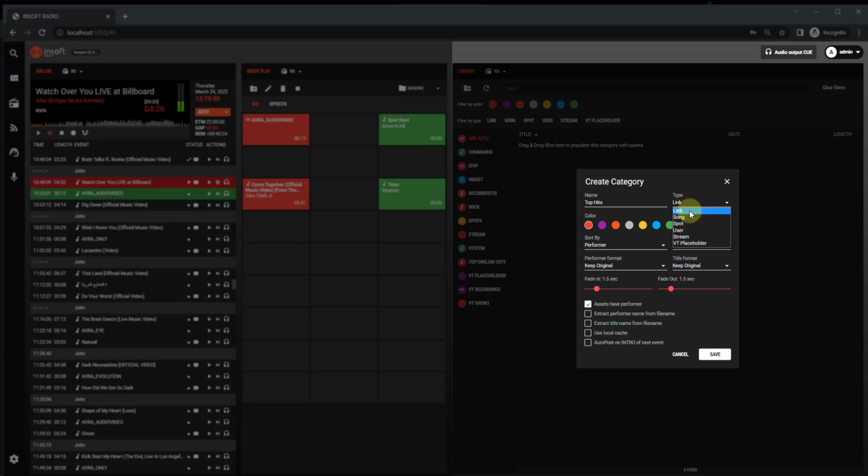We have link, song, spot, user stream, and BT placeholder. In this case, I'm going to add a song. That's why I choose song. We can change the color of the filter. These options we have here are on how we're going to order and sort them